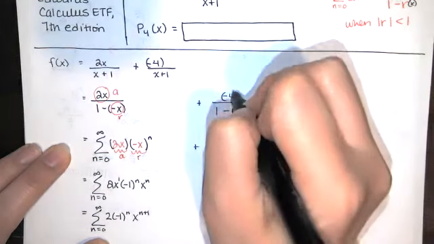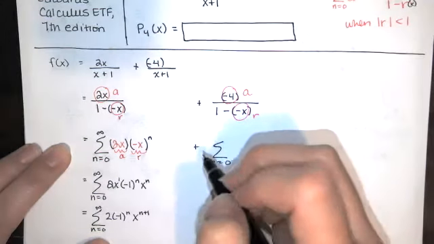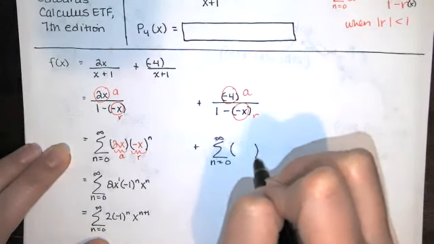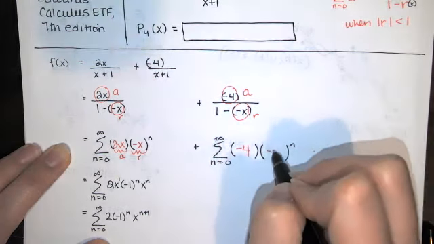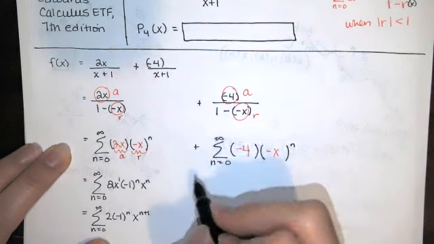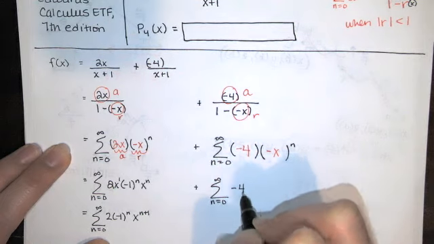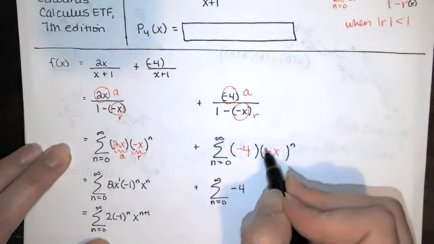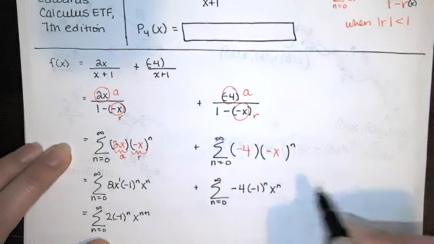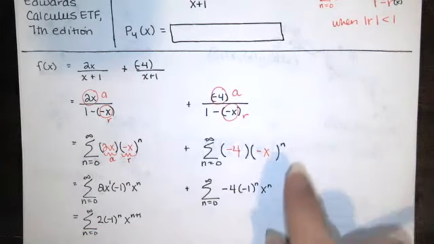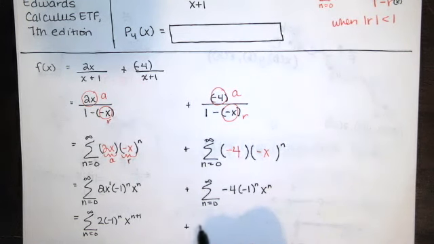So matching that pattern again, this is my a, and that's my r. So this is the sum as n goes from 0 to infinity of a times r to the n. A is negative 4, r is negative x, and if you want, you can apply that nth power to the negative 1 and the x inside. It's negative 1 to the n times x to the n, because if you have a product raised to a power, that power applies to both terms. And so